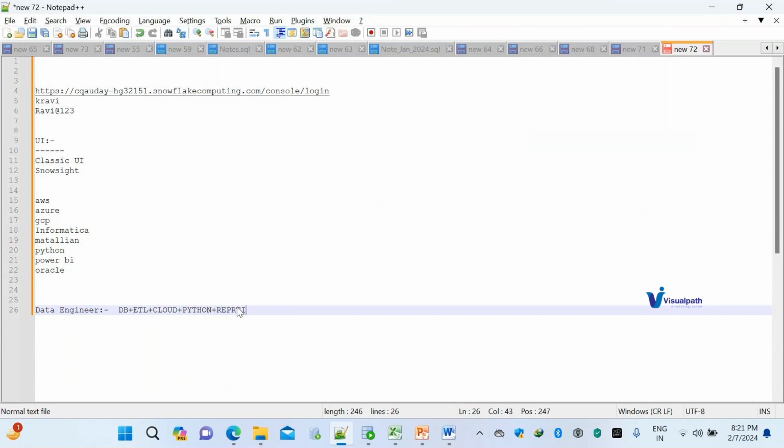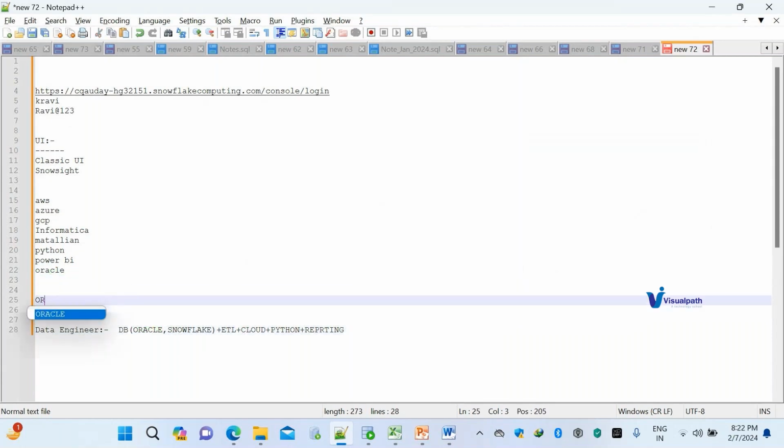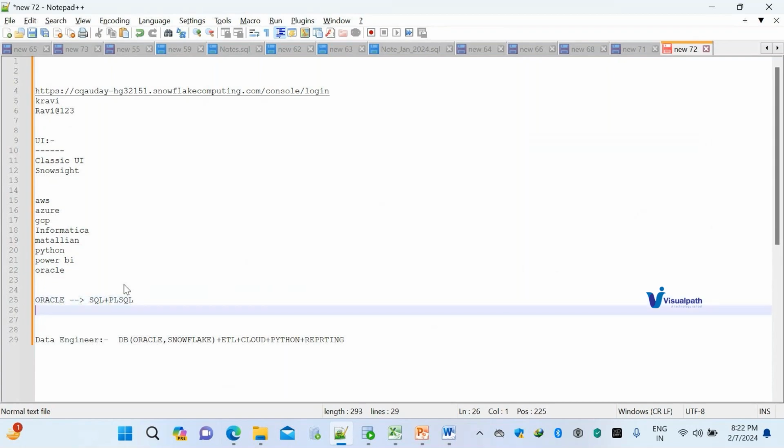So as part of our course, with respect to DB, we are covering Oracle and Snowflake. When I say Oracle and Snowflake, any database will have two parts. One is SQL, the other one is PL/SQL, so it will have a programming language. If you take SQL Server, you have